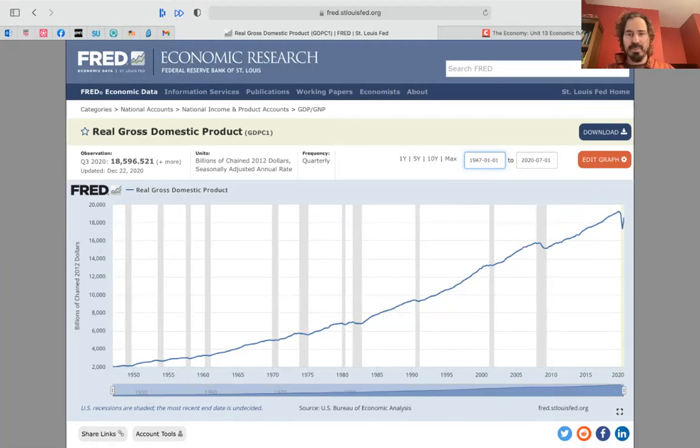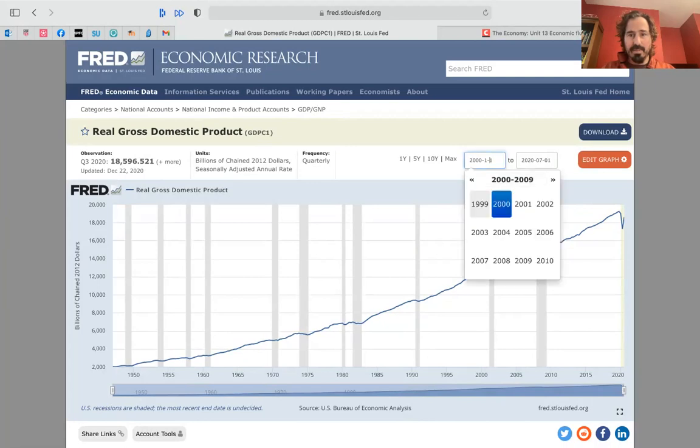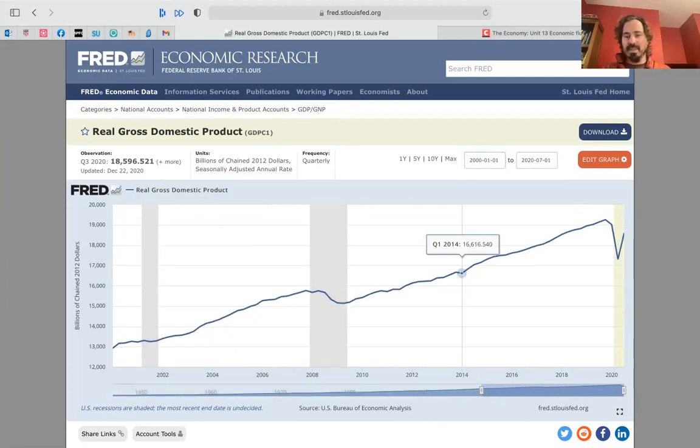Let's look at just the past 20 years here. 2000-1-1. Okay, January 2000, so this gives us the past 20 years. Notice as it was climbing, it had that brief recession in 2001, but then was climbing back on a normal path. Notice that after the 2008 recession, we go down here and we resume growing at the previous rate, but we never get back up to